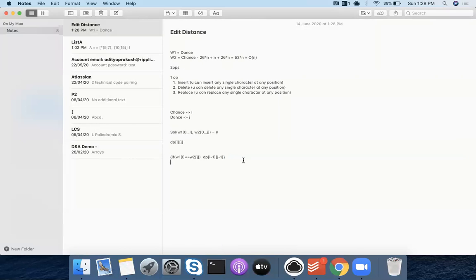What if they are not same, right? What if they are not same? Then what do we do? If they are not same, turns out there are only 3 things I can do. I can insert, replace, or delete. Okay. So if W1 is not equal to W2, then